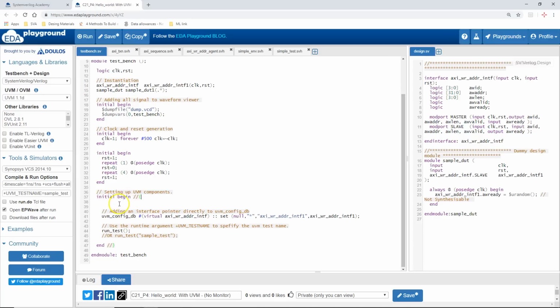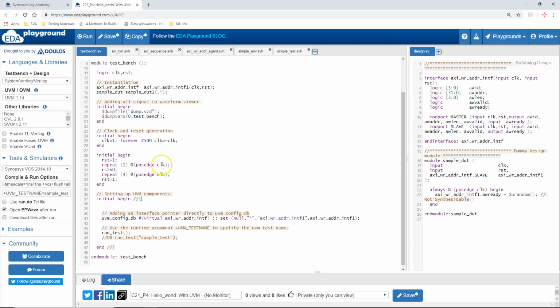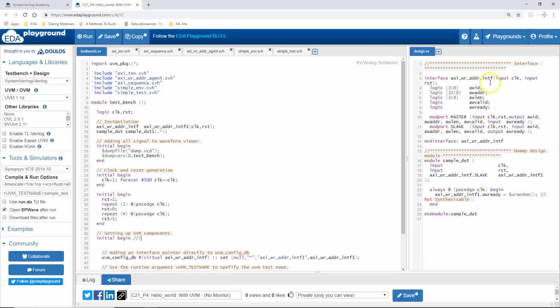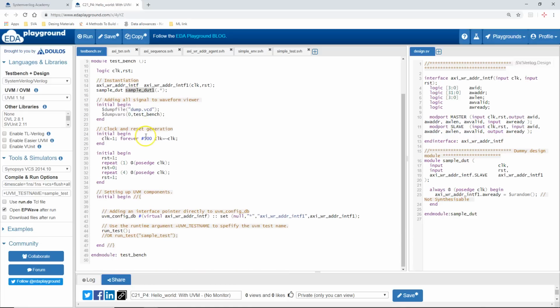Now we will look at the crucial part, the part which is doing the UVM things in your top level test bench. Remember that your top level DUT is instantiated within this test bench module with the name sample DUT, and you also have the interface instantiated and you are passing this interface instance to the sample DUT as well. Now here it comes.